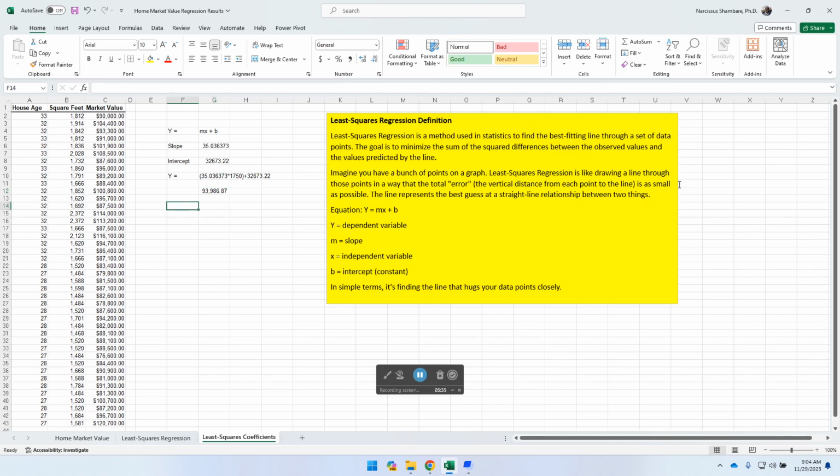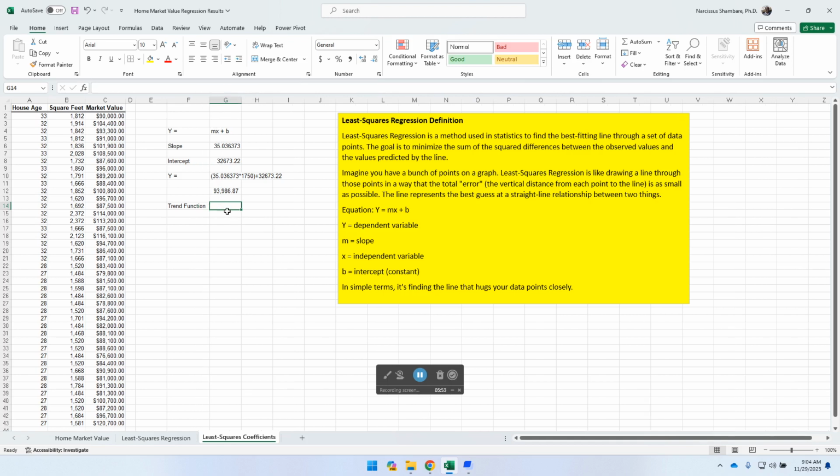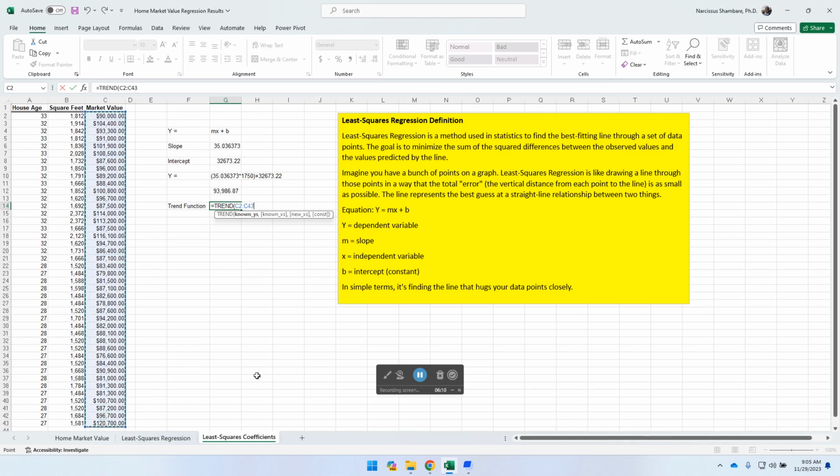But there is yet one more function that's available in Excel, just in case you didn't know. It's called trend, the trend function. Let me create a little bit of space there. So we enter the equal sign and trend. We call up the function, and it asks us to select the dependent variable, which is this data range, comma, and it's asking for the independent variable, which is the square footage,